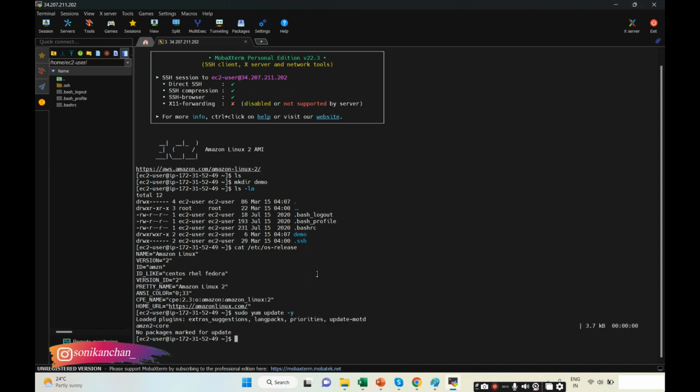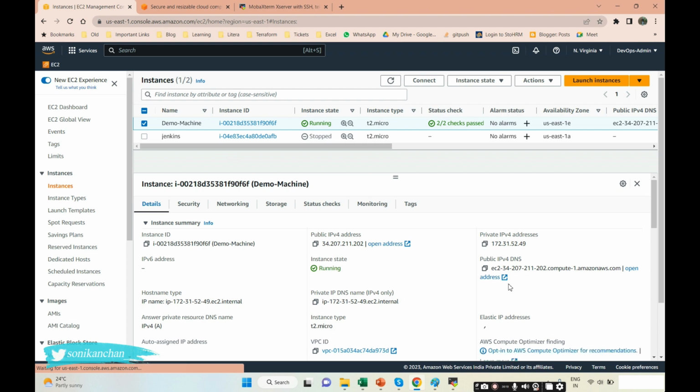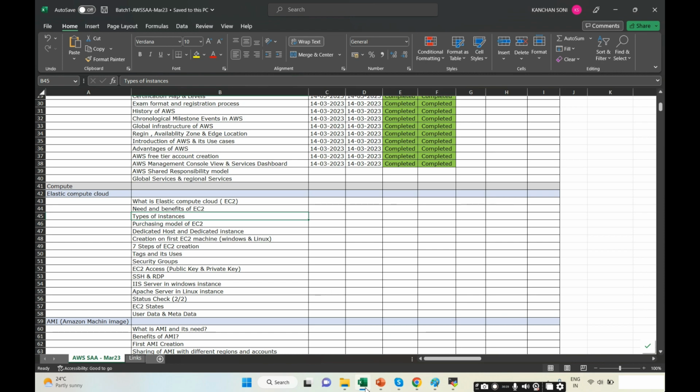So this is our first EC2 instance created. Now let's move forward. How many different things are there? Similarly, we can create one Windows machine also. We will create a Windows machine also. Now next part is